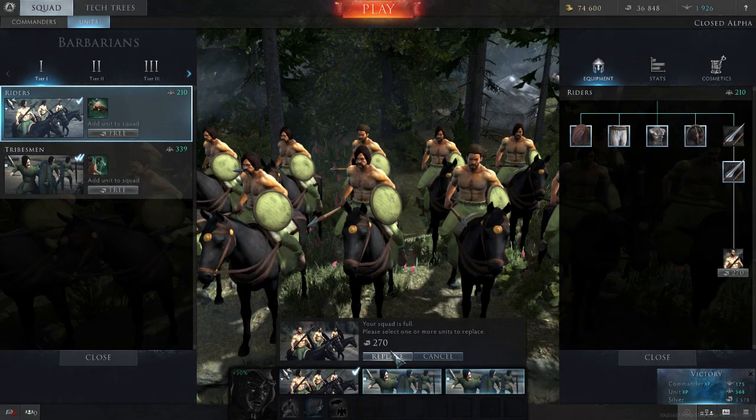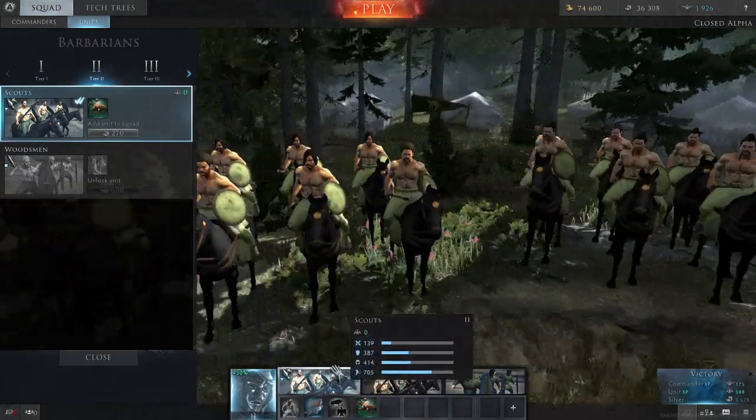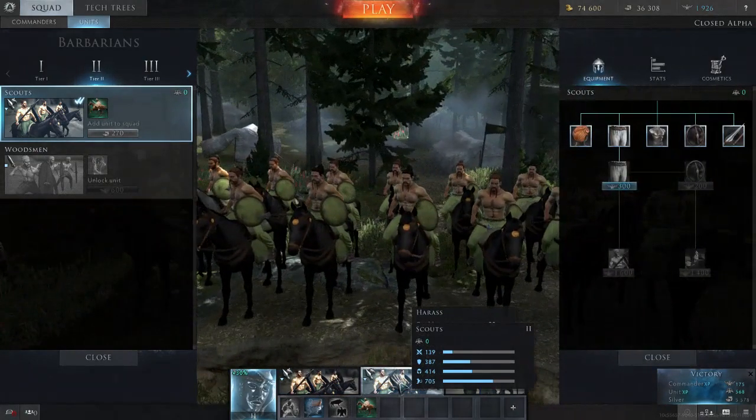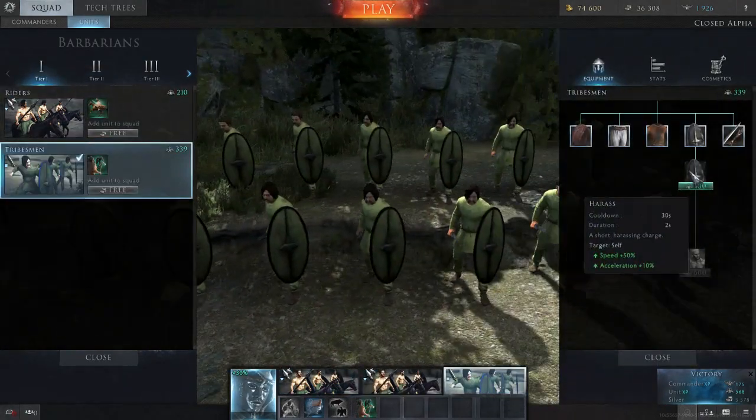Yep, a replacement of those and of those probably as well, because of course the strength is really in the scouts and harassment and whatnot. So let's just get both of these. And tribesmen, going to get...